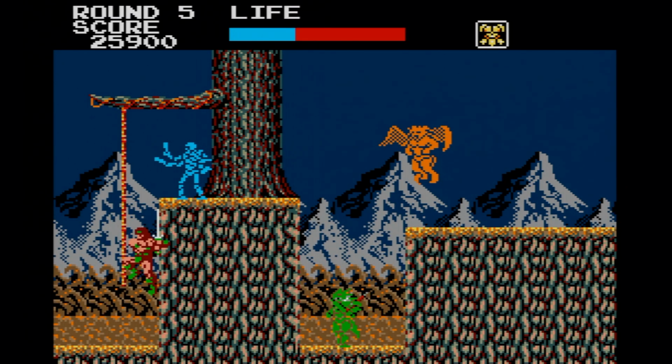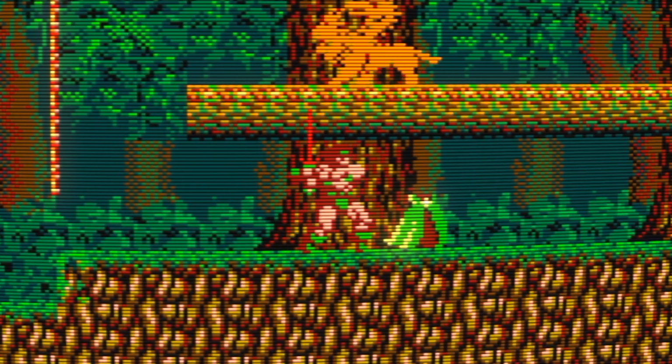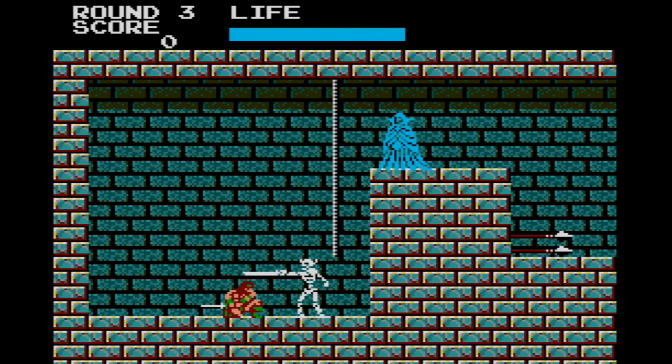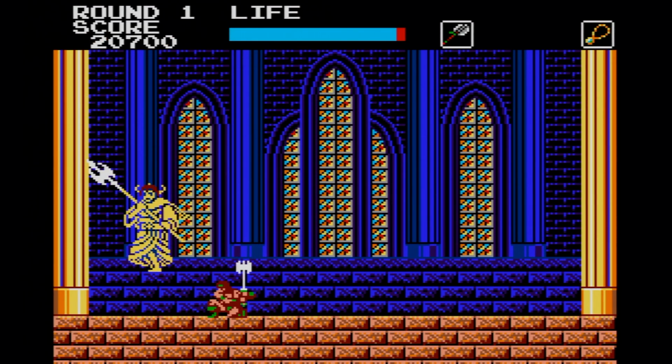Of course there's no scrolling, but be careful not to go back to a previous screen as enemies do regenerate. Along the way you'll grab icons which can help you out, but a few can actually hinder you. You'll also get better weapons which will last for a limited amount of time. Each stage consists of an outdoor area followed by an inside castle or cave type area. After that is your boss fight, and most of these are more faithful to the arcade than the Master System